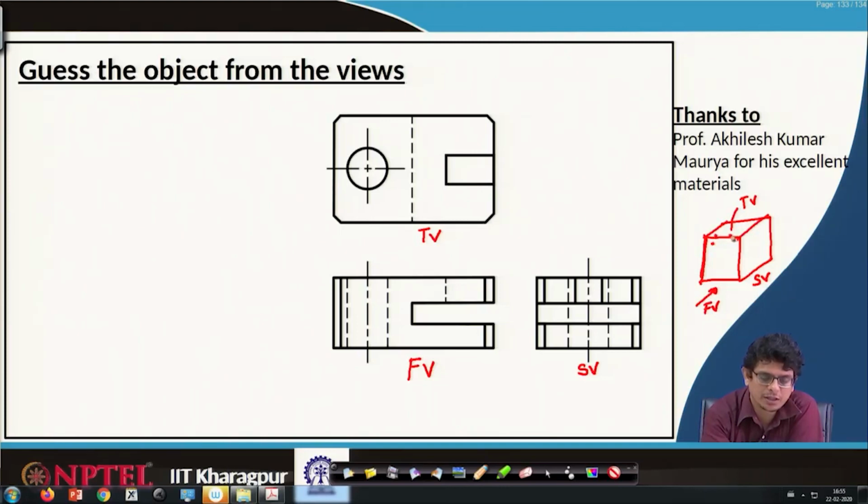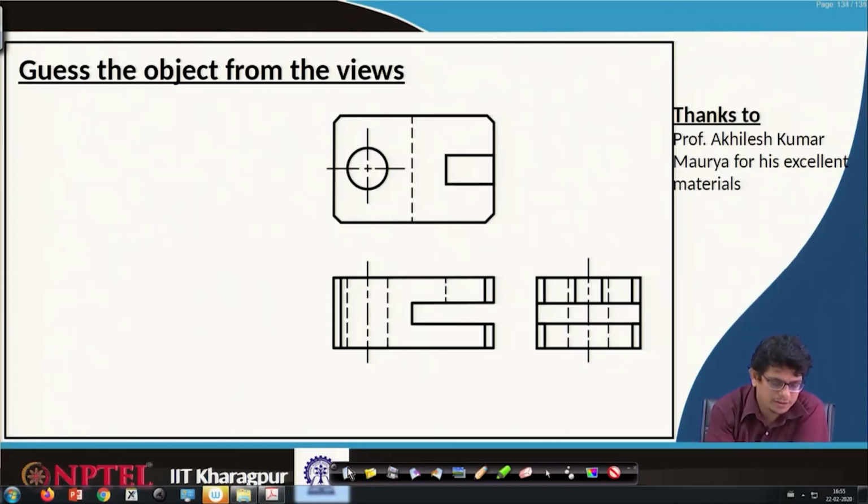So, about that we are going to flip it, about these points we are going to flip it. So, in that way we are going to sense this object. So, let us look at those carefully. Can you guess the object? Front view, there is something like